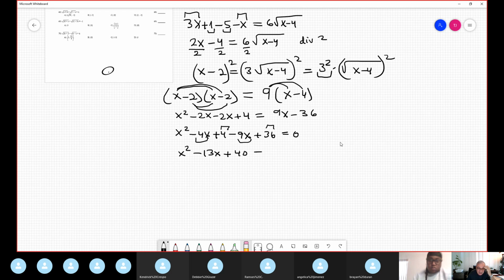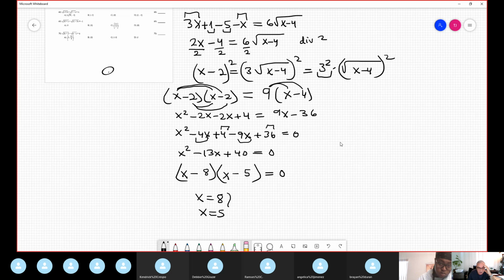In this case, it is easy by factorization. Because in factorization, the combination is the key that can open the door. In this case, 8 and 5. 8 times 5 is 40, and 8 plus 5 is 13, and we have the same sign. So the solution is 8 and 5. Okay, this is my potential solution, but you know very well, in this kind of equation,